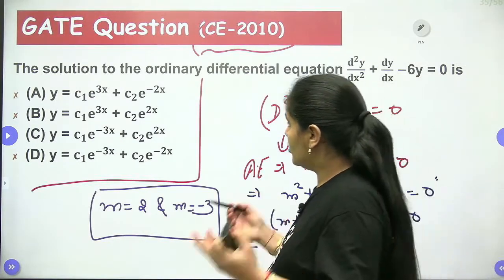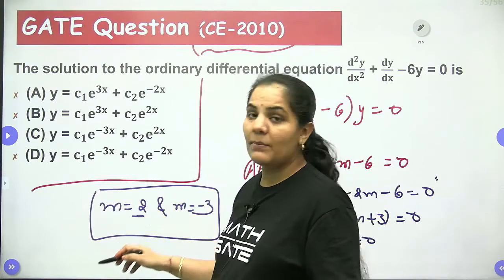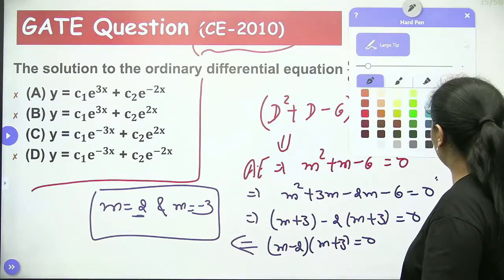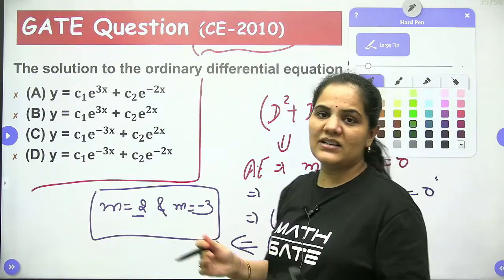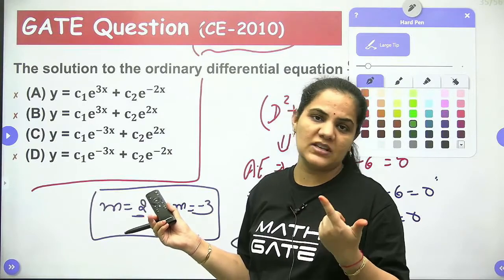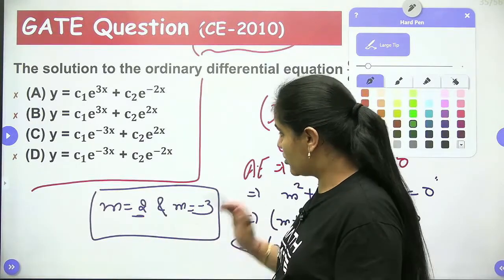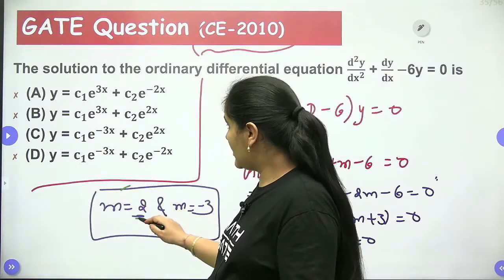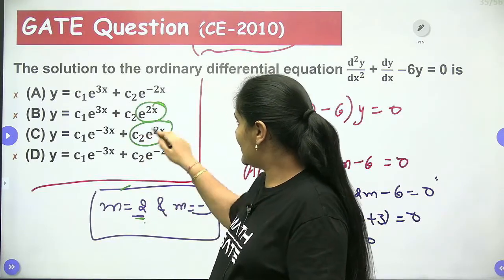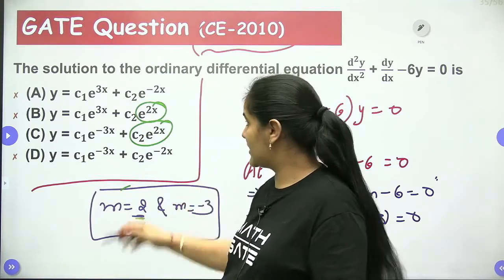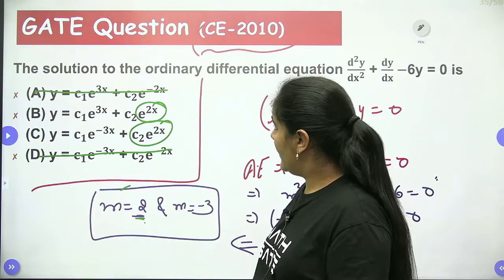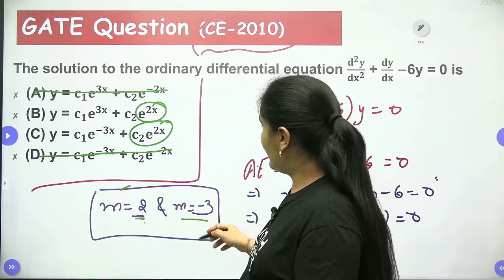You will say the CF will be e to the power 2x. Now we can write directly, because we are already discussing around 10 questions of the same concept, CF only. So here you should be direct, right? E to the power 2x. Just look at the options where you have e to the power 2x. Yes, in these 2 options you have e to the power 2x. It means option number A and D cannot be the answer. And you want e to the power minus 3x.